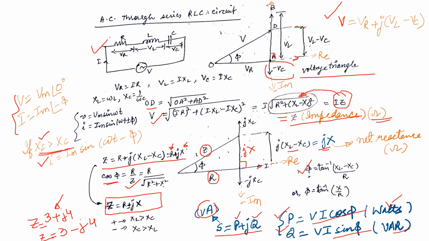To find the power factor, we can find cos of phi, and that is R by Z. We can also find this angle phi either from the voltage triangle or from the impedance triangle. So from the voltage triangle, phi is tan inverse of (XL minus XC) by R. So this gives me phi, and now I can take the cos of this phi, which gives me the power factor of the circuit. So whenever we are calculating power factor for any of these circuits, whether it's an RL, RC or RLC or any AC circuit,